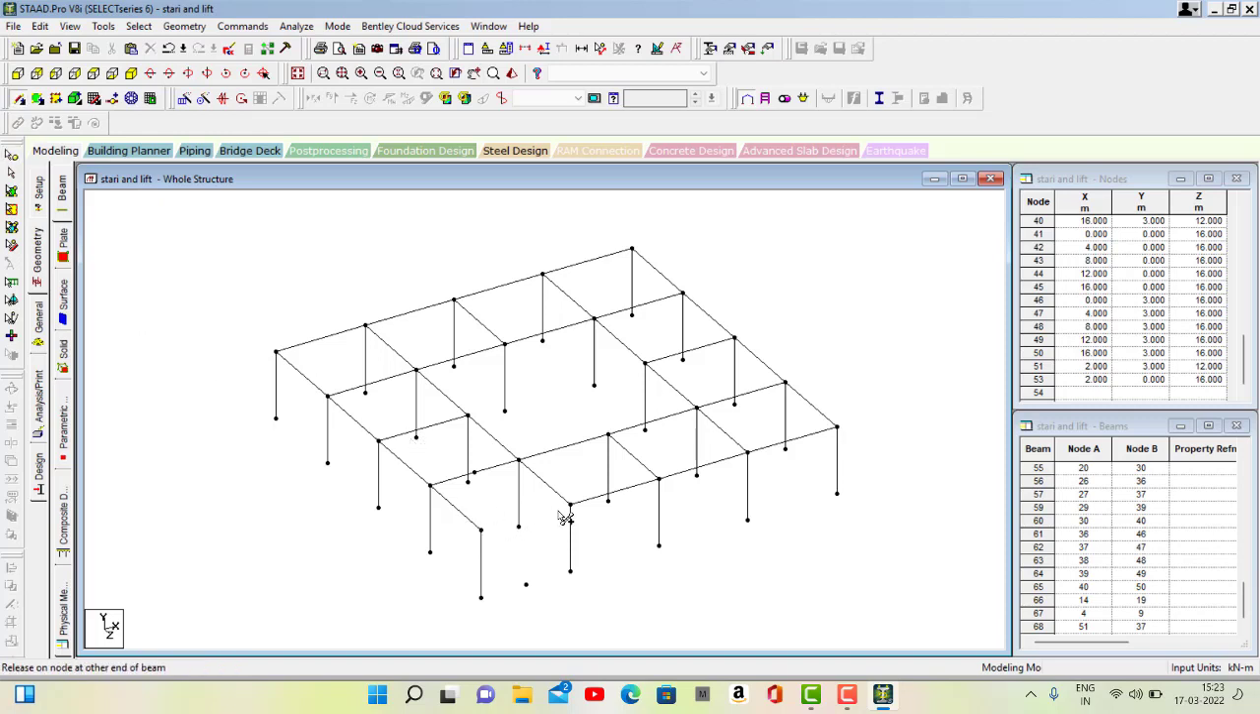Simply add it here for this section and escape it. And the next step is to add the plate for this section. For that, select this section like this. Okay, the staircase was added here, and the next thing,